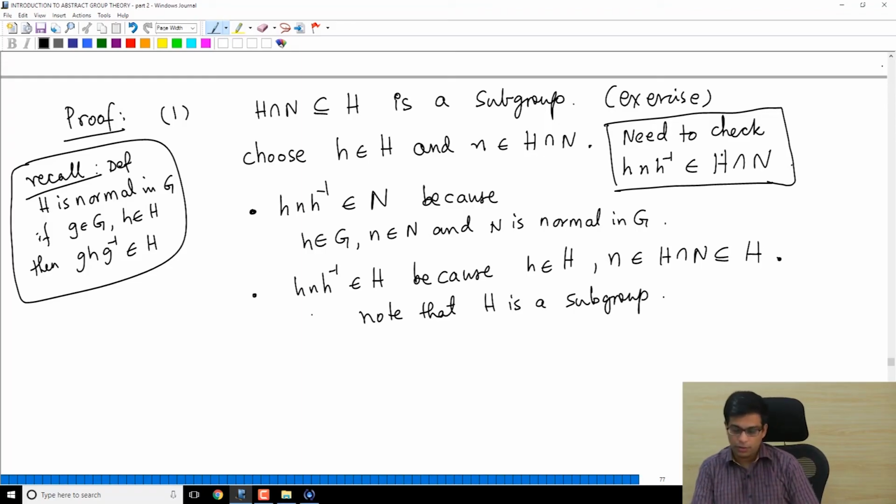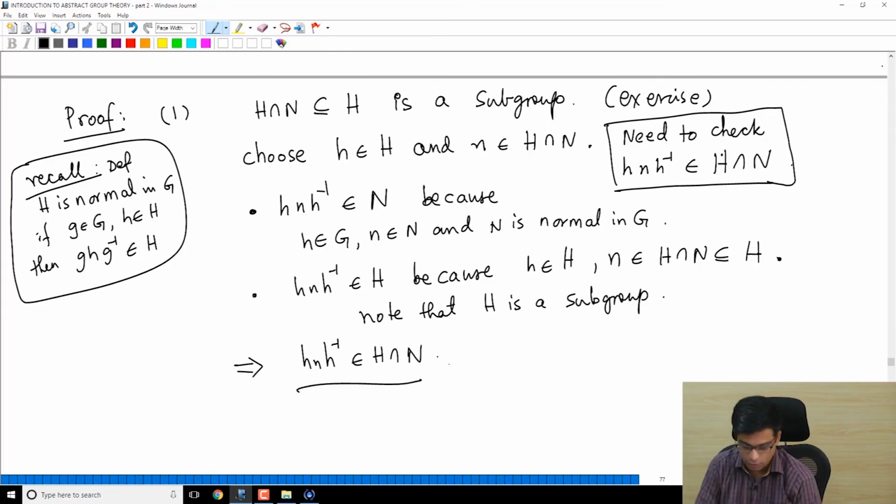Because H is a subgroup and small h is in it and small n is in it, h n h inverse will be in H. So these two things together imply that h n h inverse is in H intersection N, as we needed. So 1 is proved